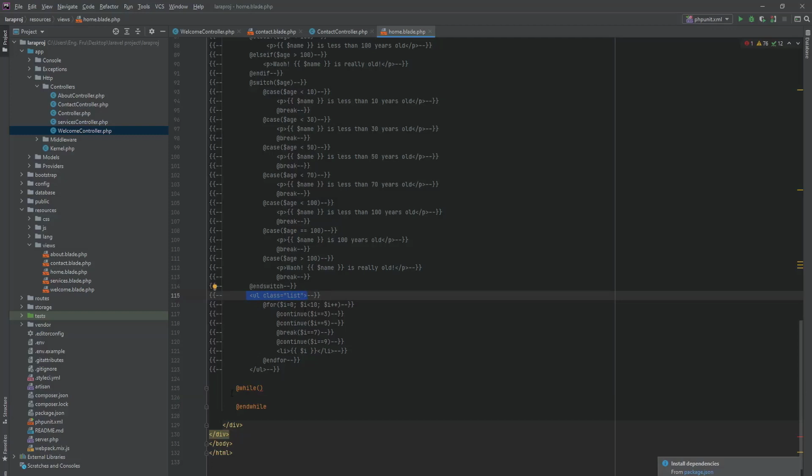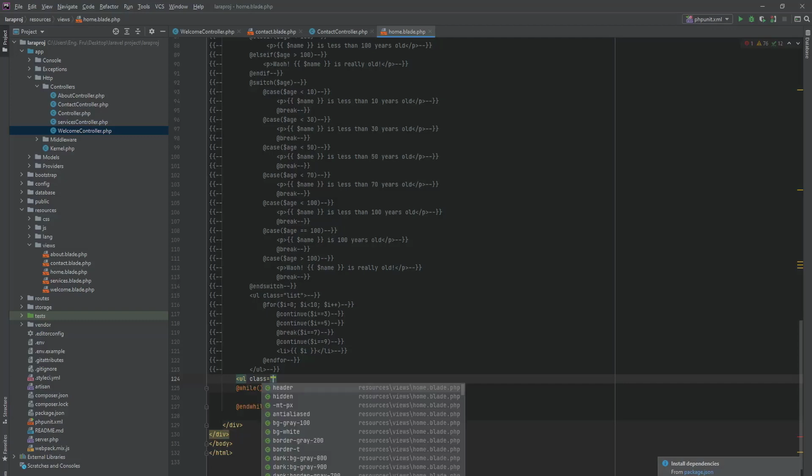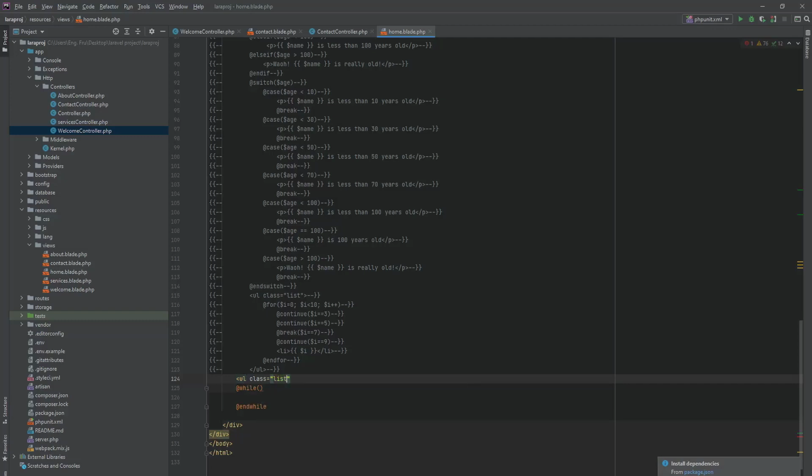So, to another list, give it a class of list. Okay, now come here, cut our while loop, paste here, and so here we're going to put in our list item. Okay. Now while